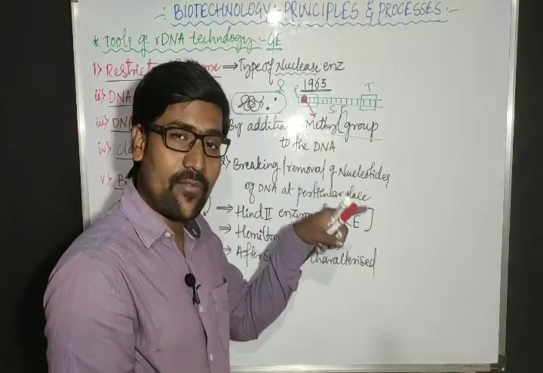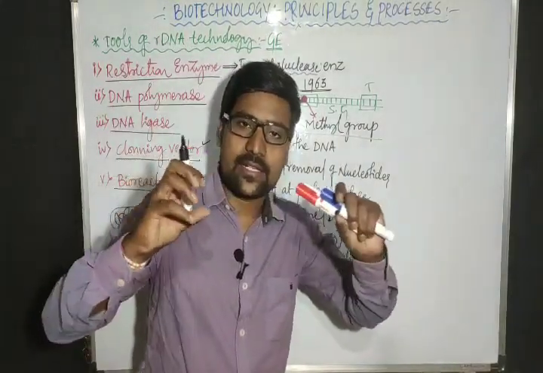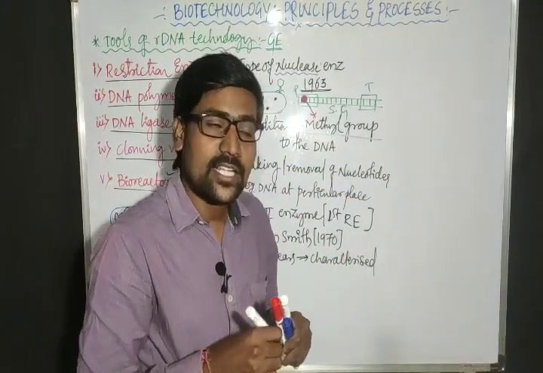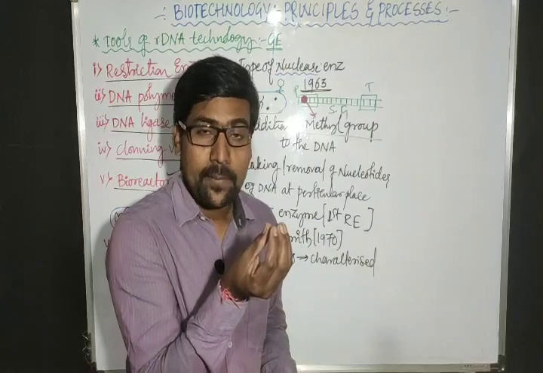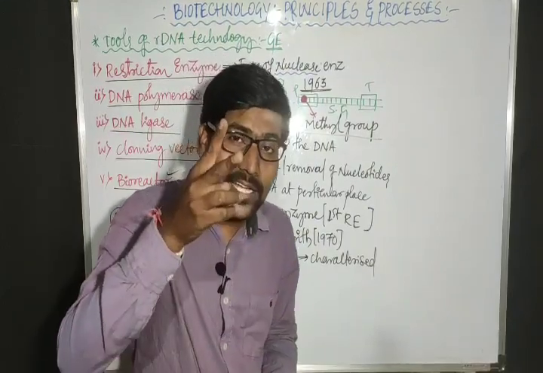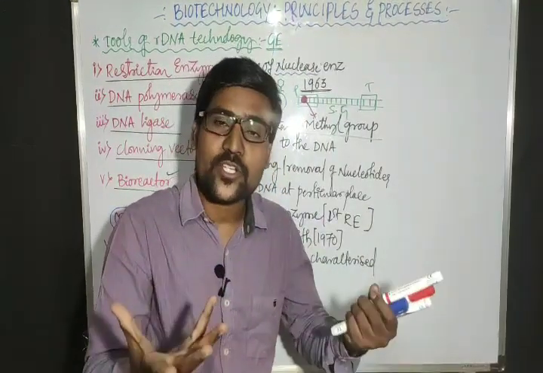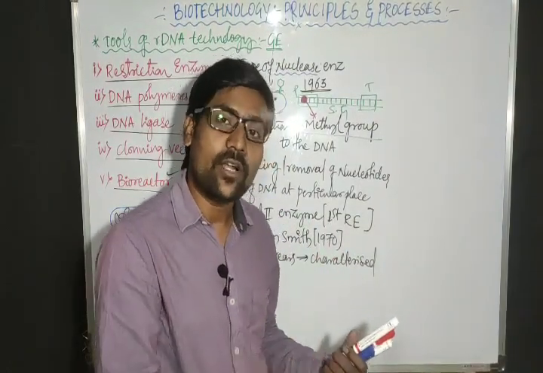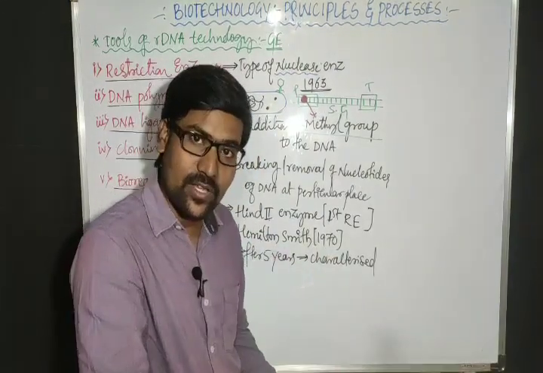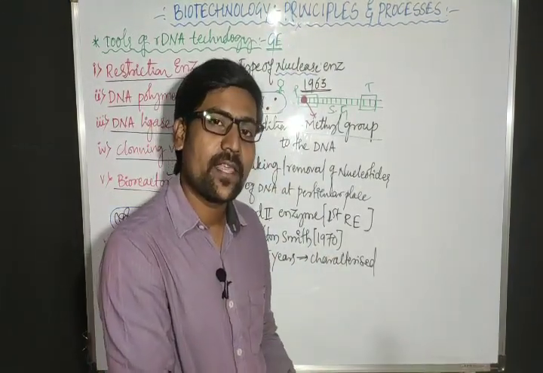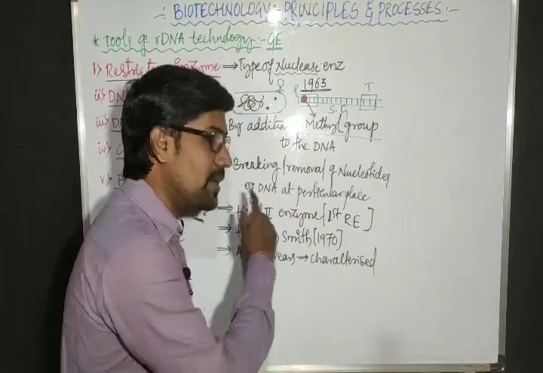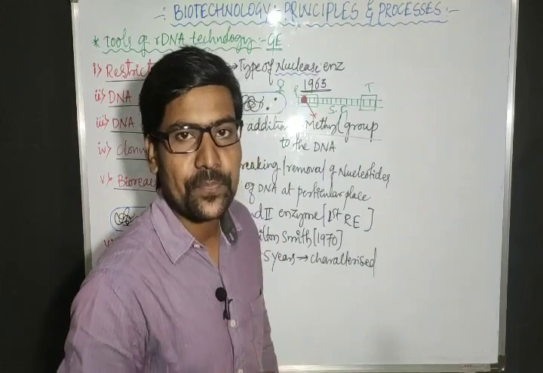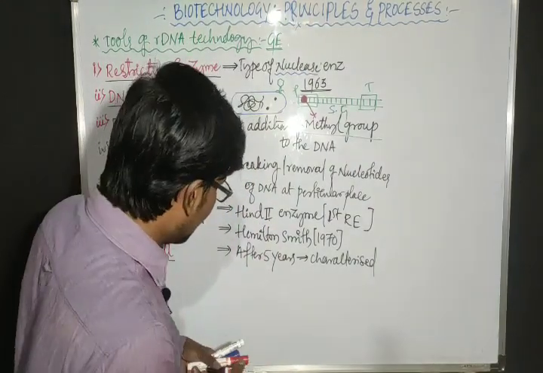That means it took 5 years from 1972, so after 1975. First they observed the enzyme, but they didn't know where exactly it is going to cut the DNA, what its speciality is, what the other things related to this enzyme are. They didn't know. For that, they studied for the next 5 years, and they observed that. Who is that major scientist? Hamilton Smith. He observed the first restriction endonuclease enzyme. Right.